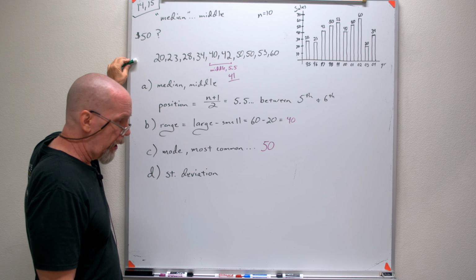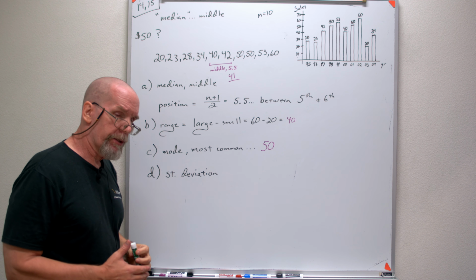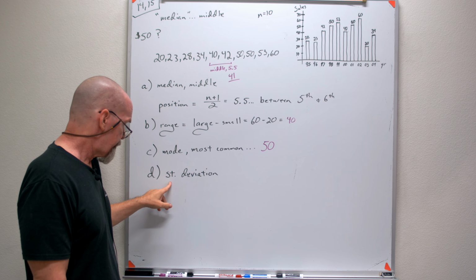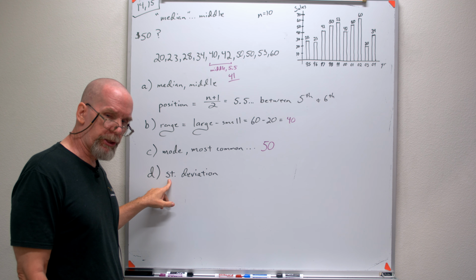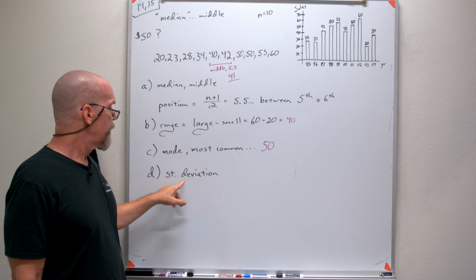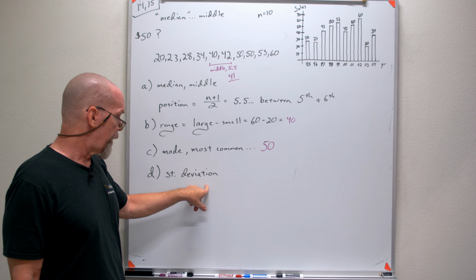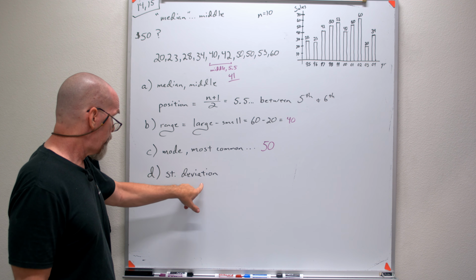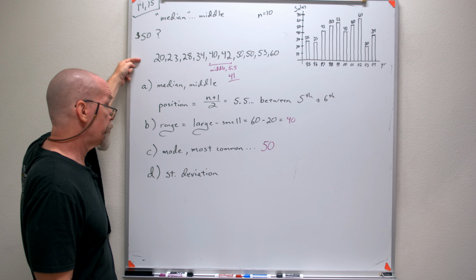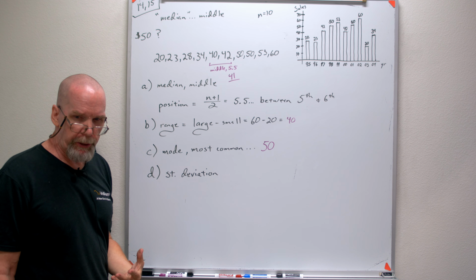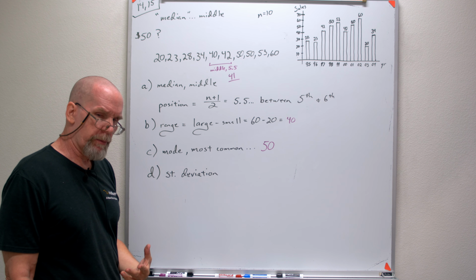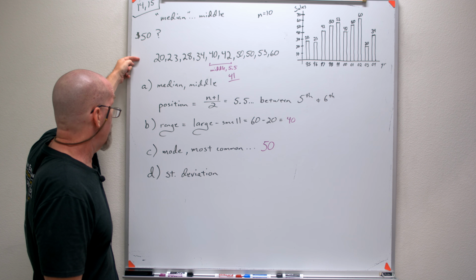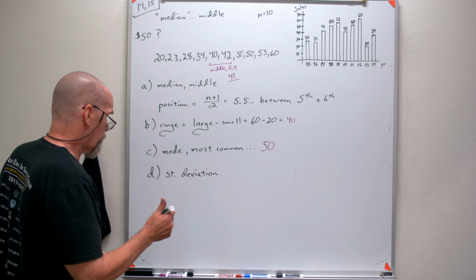smaller than that. A way to get a ballpark figure for a standard deviation kind of means what this thing is. Standard is just normal or to be expected, just kind of a routine sort of value. Deviation is how far something is from an expected value. I kind of want to see how far these measurements are from the mean, but if I'm just ballparking it, I don't really care to figure out the mean. So I'm going to take a guess at these and say my mean is probably around 40, and I'm going to just sort of